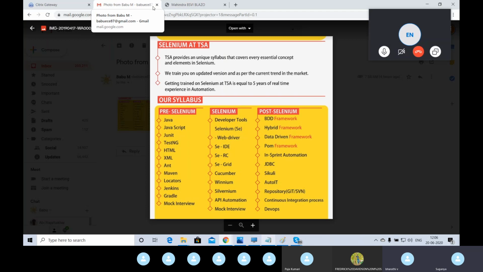Got it? The purpose of both is the same, but only if you know Selenium can you use Winium. But for AutoIT, even if you don't know anything about Selenium, if you want to automate a window-based application, you can use AutoIT as a standalone tool. Okay, so it's clear? Then, any doubts so far for everyone? Anyone?